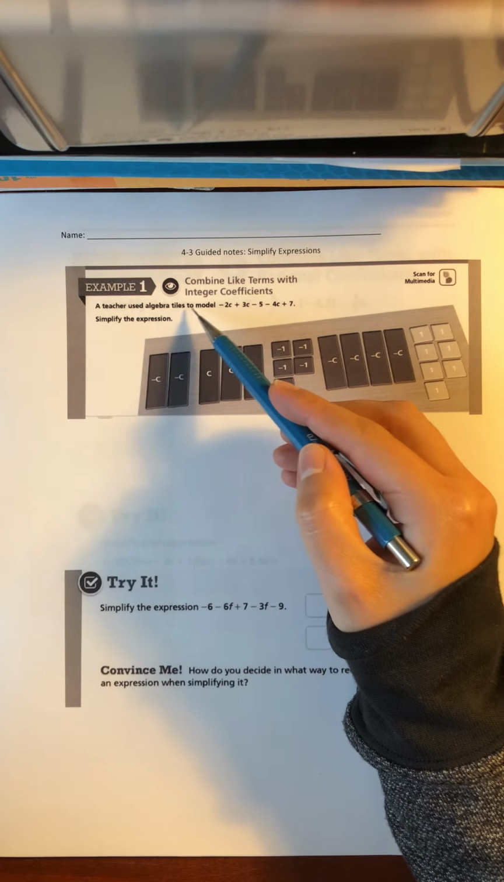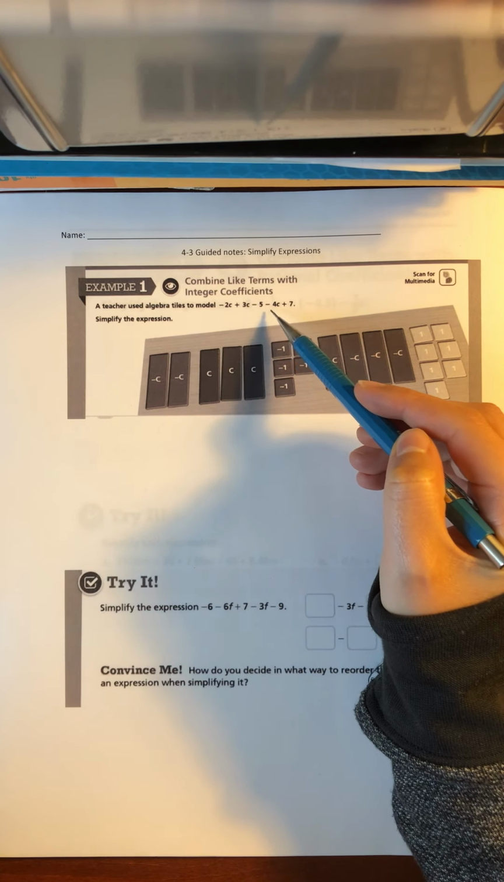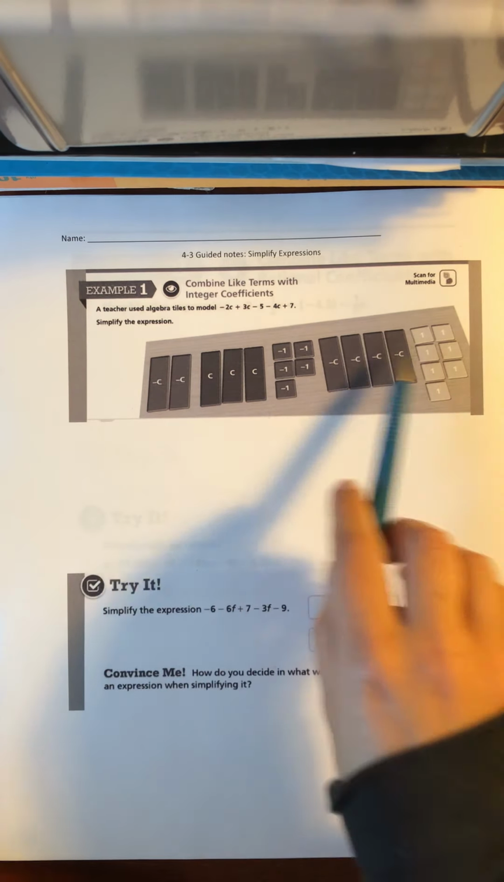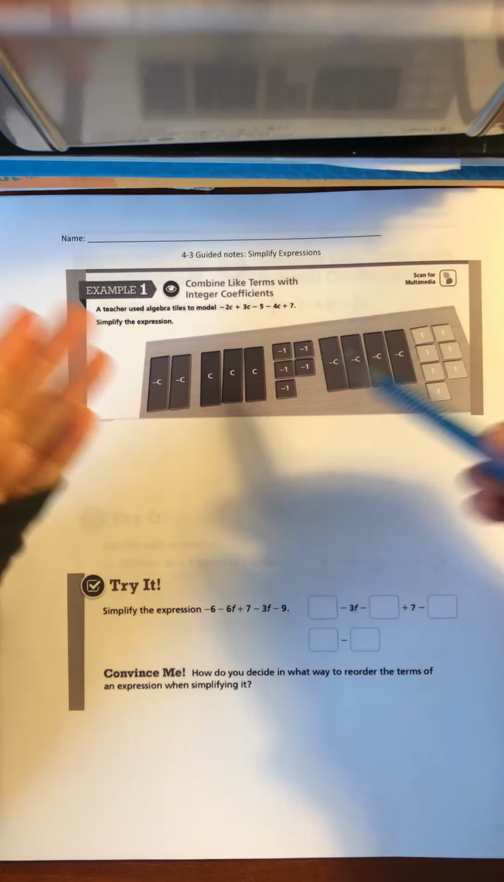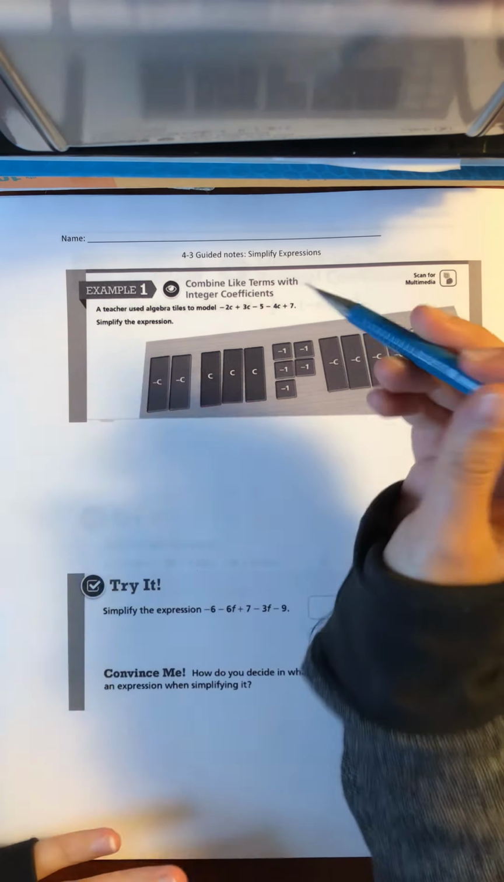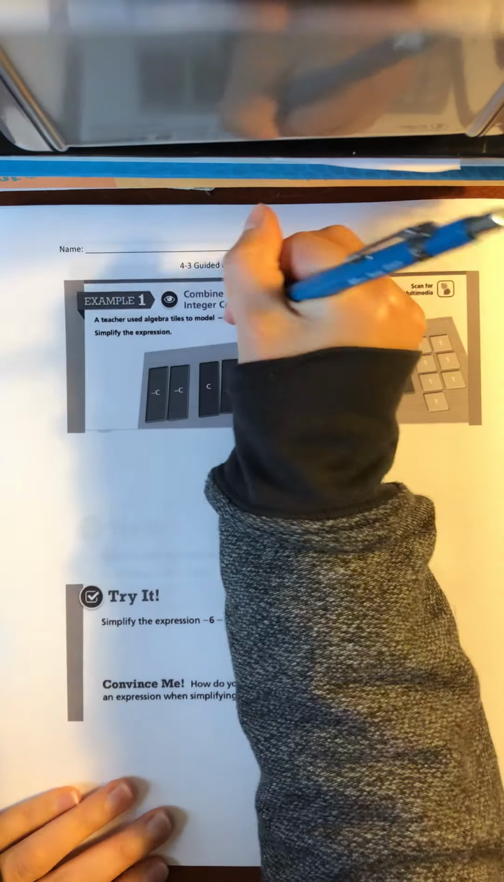So a teacher used algebra tiles to model negative 2c plus 3c minus 5 minus 4c plus 7. These are the algebra tiles. This is like a manipulative thing you can do in math. I have used them before, but I'm not a huge fan of them. Okay, anyways, so what I like to do is, just like I did yesterday, I first